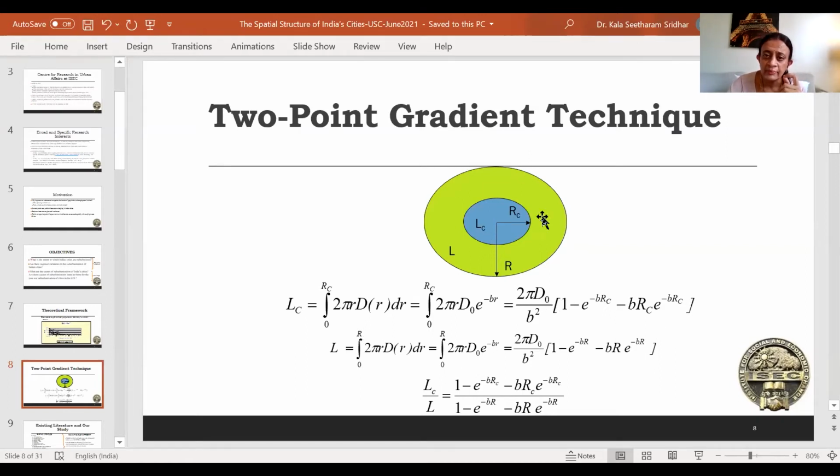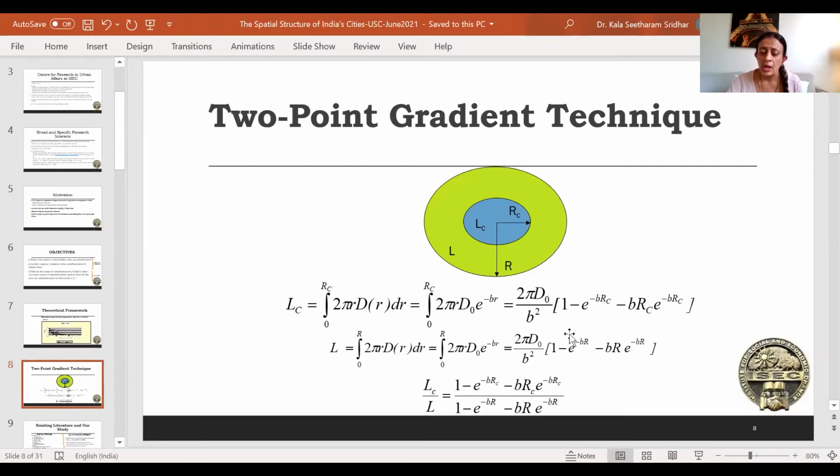And you do the same thing for L, right, for the entire metropolitan area. The ratio of LC to L gives you this equation, which does not have a closed form solution, but it is a single equation and a single unknown B, right, which is our friend gradient. So Edwin Mills developed this technique to demonstrate how one can get around the data problem, which is frequently encountered in the estimation of